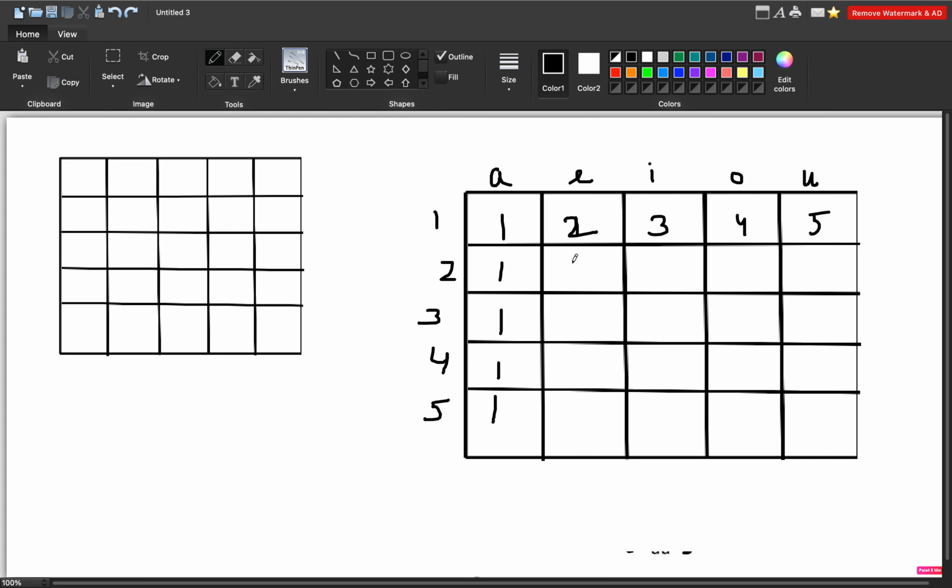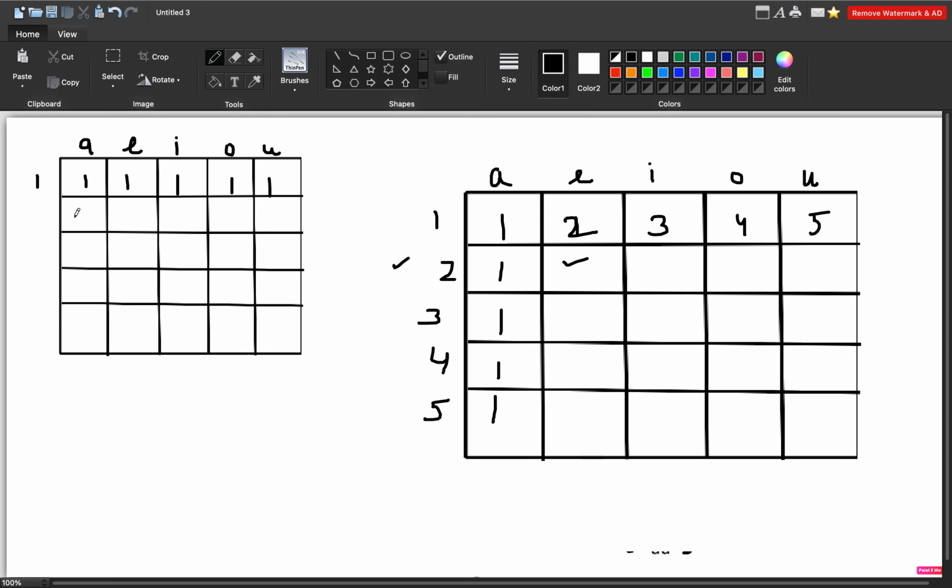So basically what we will be storing at this place, for n equal to 2, will be the strings of length 2 which are ending with e, plus all the previous strings, which are also of length 2 only, but they are ending up with a also. I'll explain why we are doing this. Here, for the first test case, we know that for n equal to 1, for a, e, i, o, u, all of them will be 1 only.